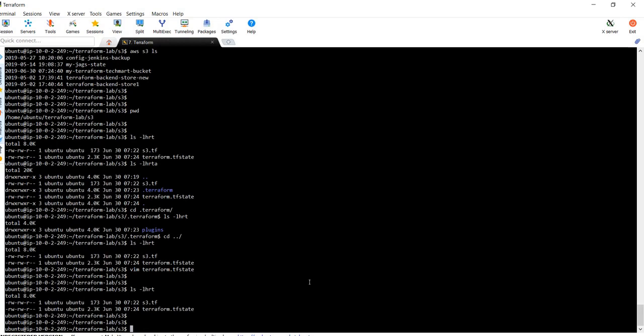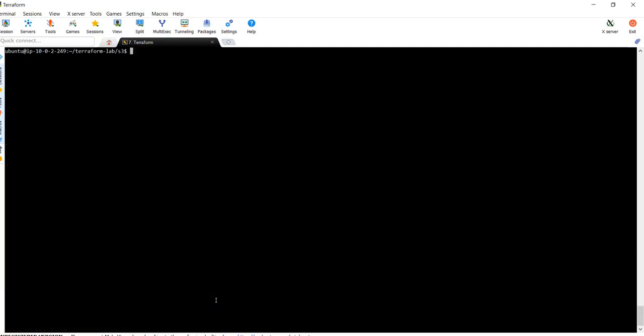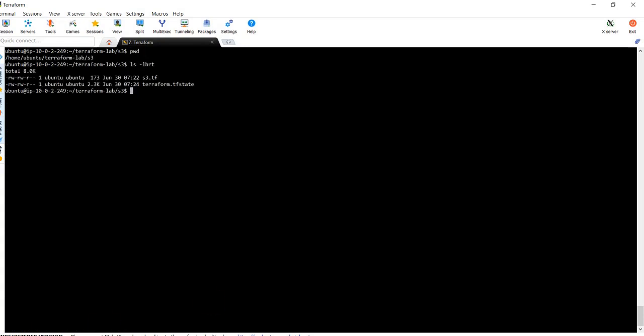Every time you run terraform plan, it reads the tfstate file first if it is already created, and then other actions are executed. So that is how we can create an S3 bucket using Terraform. In the next lecture, we are going to discuss how we can launch an EC2 instance using